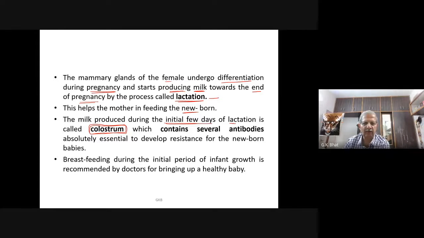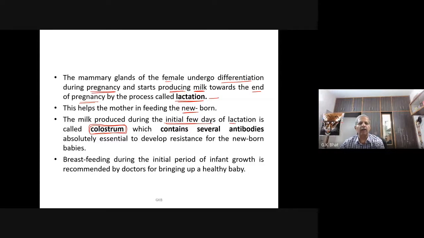Soon after the cattle has given birth to the calf, if you take out the milk from the udder of the cow, it will be yellowish in color,